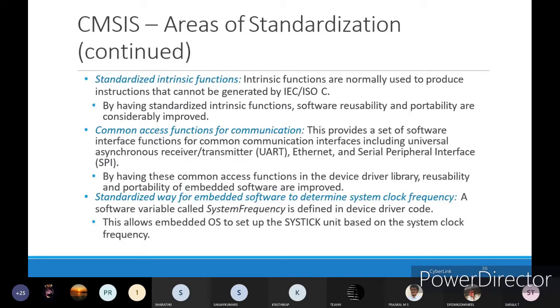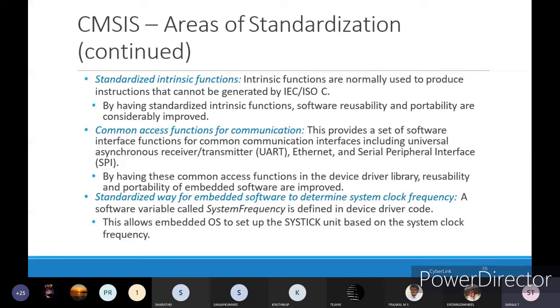Standardized intrinsic functions. Intrinsic functions are normally used to produce instructions that cannot be generated by IEC or ISO C, that is, C in C programming.